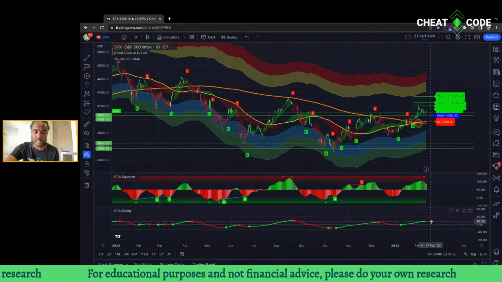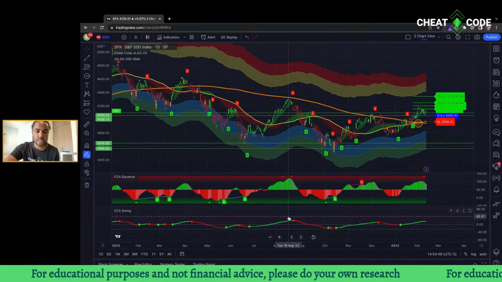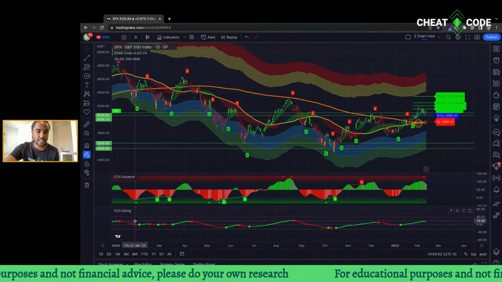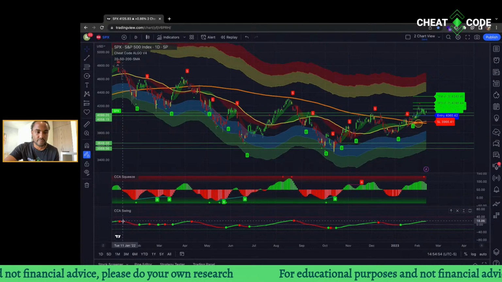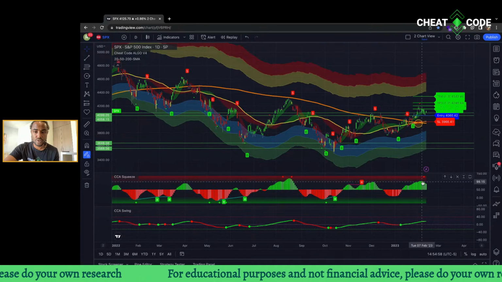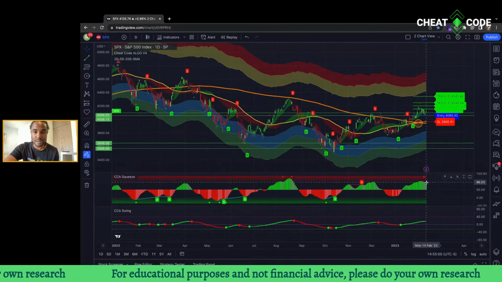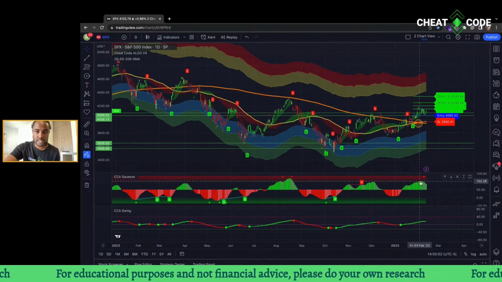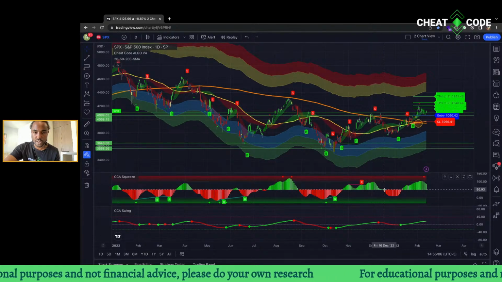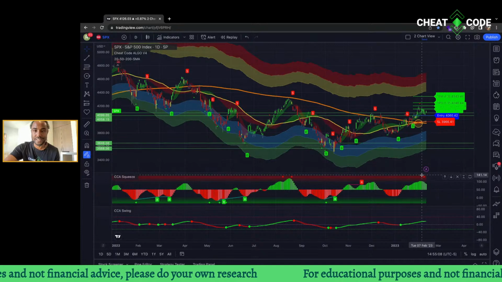If you put this level here on the swing, you can look to the left and see that last time we were here, it got rejected. Last time we were here, it got rejected. And you can see the price moving with these as well. And you can see the squeeze is the same thing. The last time these indicators, these oscillators, were this high, look what happened. It rejected. Look what happened here. It rejected. It rejected here, and it's signaled here.